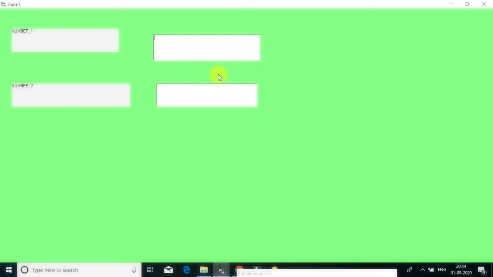Here my logic is I want to add two numbers, so we are going to enter two numbers here, 45 and 67, and I want to get the result of the addition of these two numbers. I need some buttons here. I want to click some buttons. The system has to produce some results, and I want to see the results in one more text box. So I have to create one more